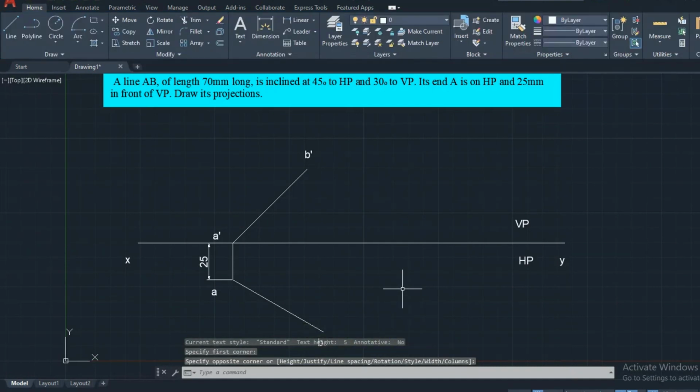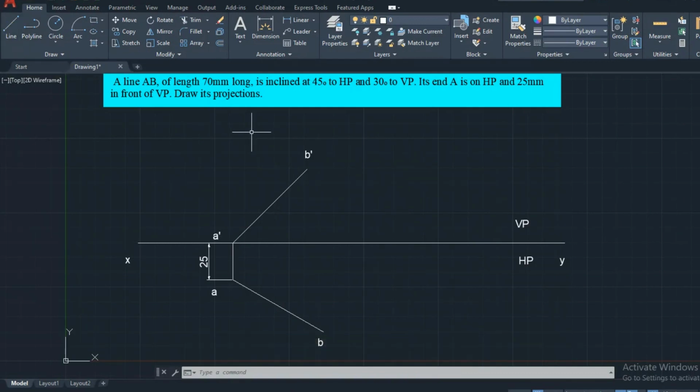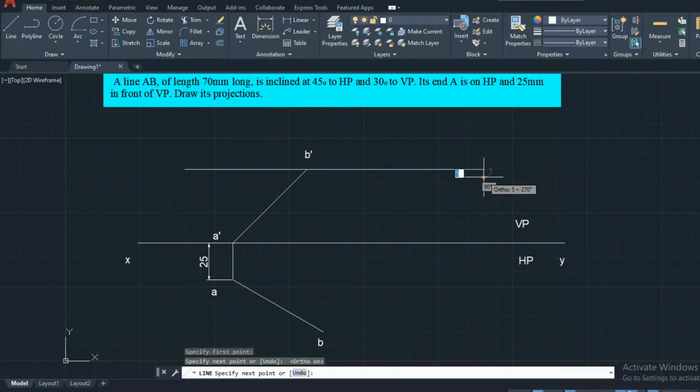Then draw a reference line as a locus line through point B dash, of convenient length.